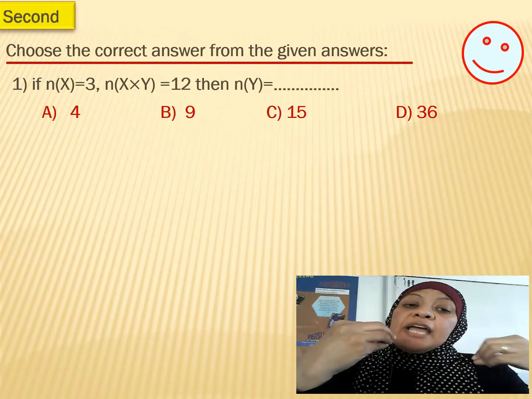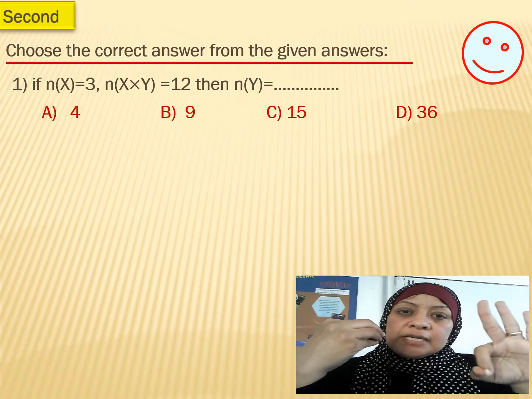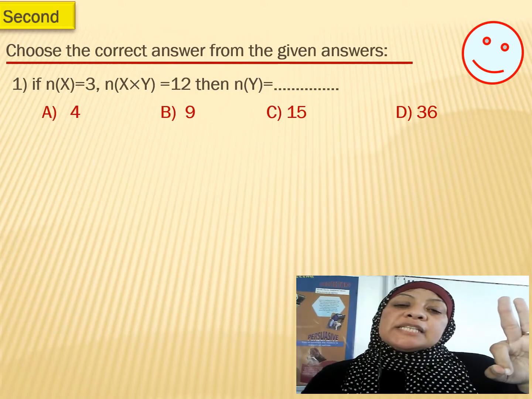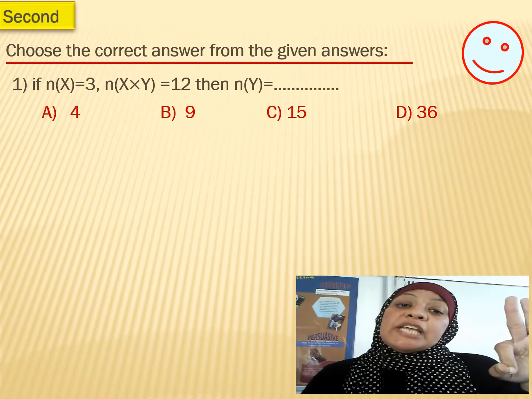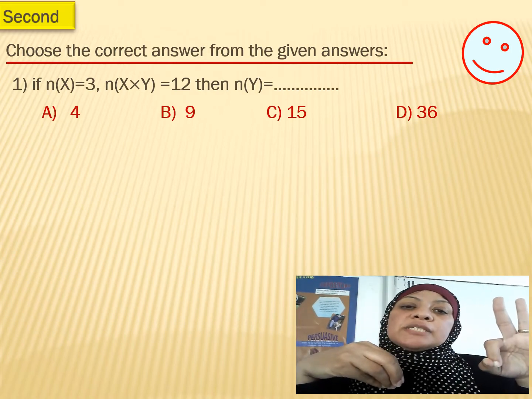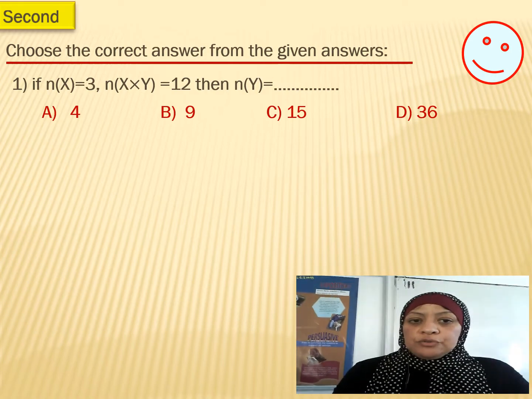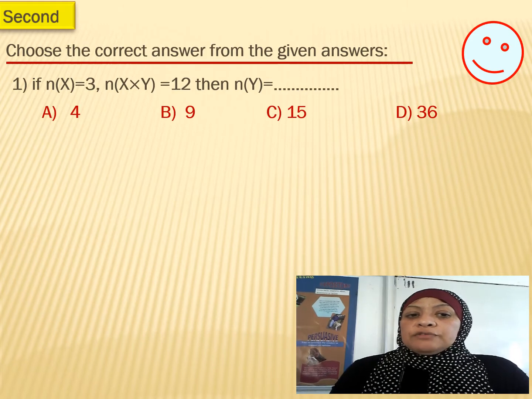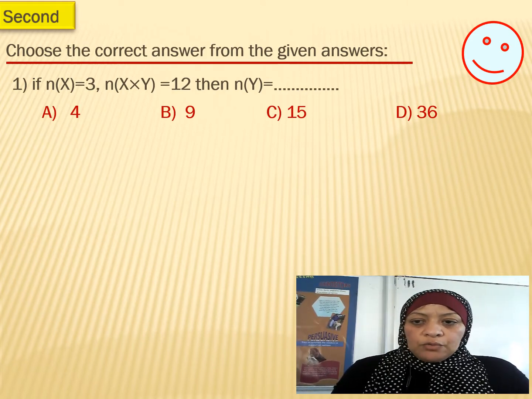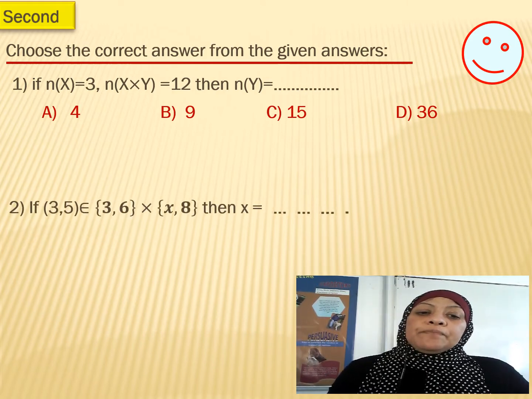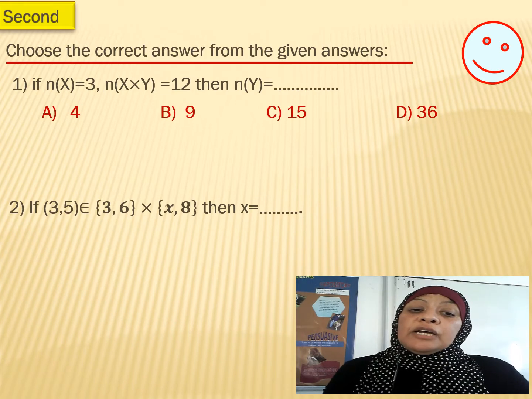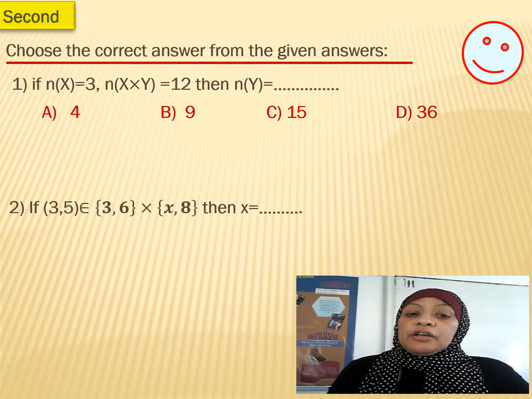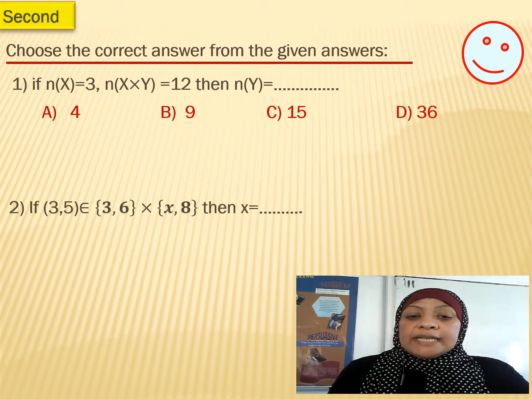So I have 3 elements inside X and the result is 12. So how many elements inside Y? It's the translation of my question. Of course, 12 divided by 3. Okay? Now, if the order pair (3,5) belongs to the set {3,6} product set {x,8},